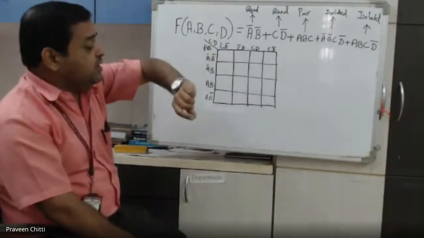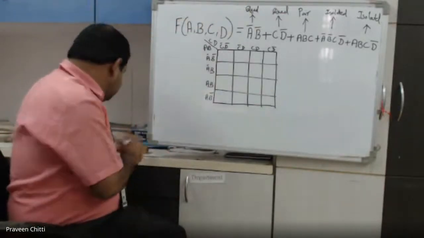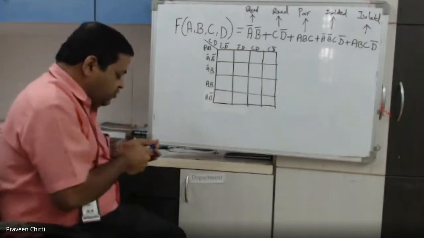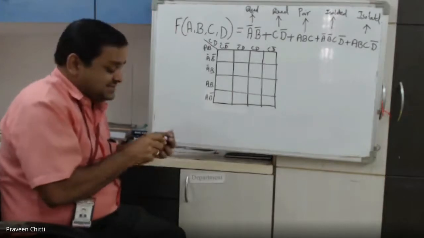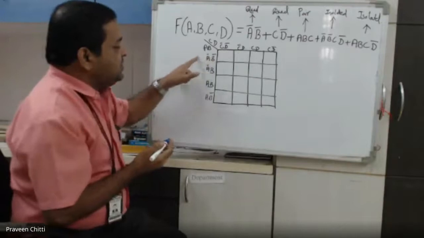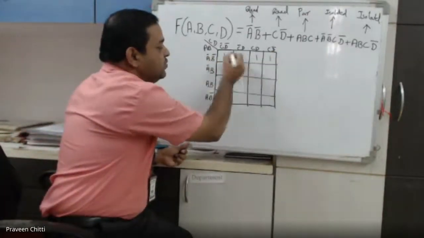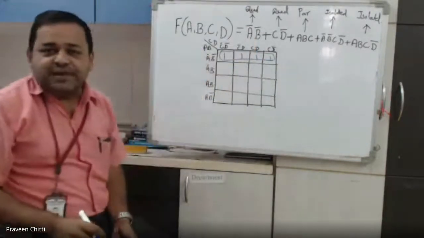So quickly I will go, actually we are running out of time. So A bar, B bar, how do I get it? A bar, B bar means I should have 1 quad. Now we have to draw that quad. Which quad will give that A bar, B bar? I want A bar, B bar, nothing from this. So definitely it should be 1, 1, 1, 1, and this should be the quad. This gives me A bar, B bar.